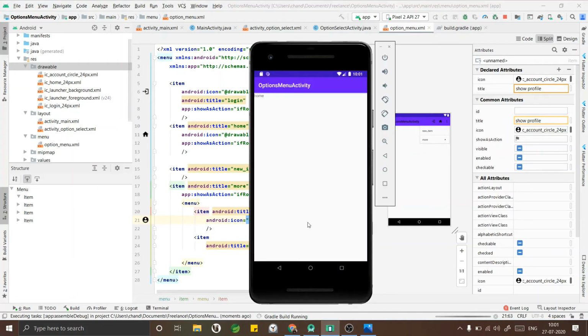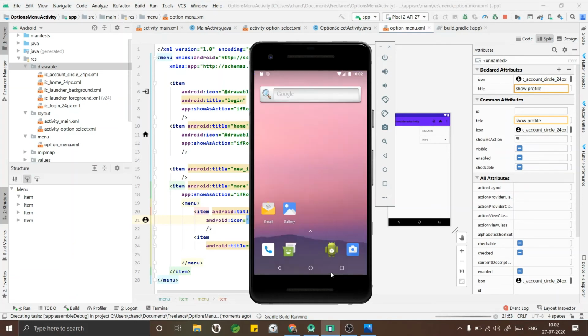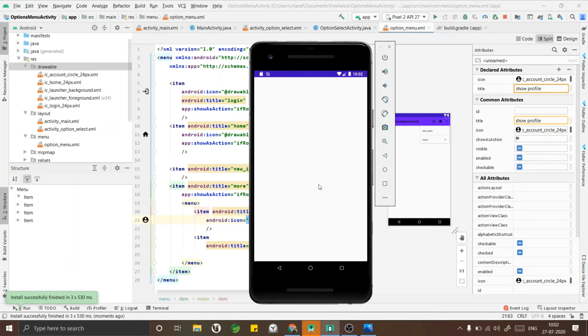Build is happening. Let's wait for a moment. Yes, the build has happened. Let us see how that looks. As you can see, there is